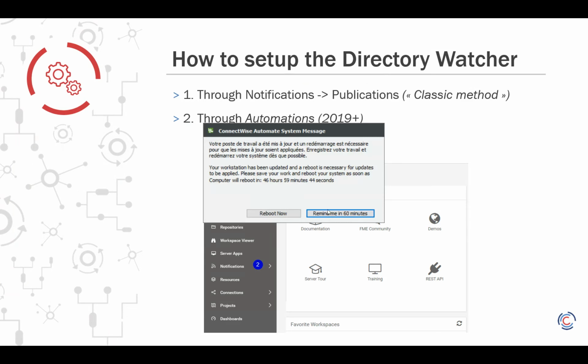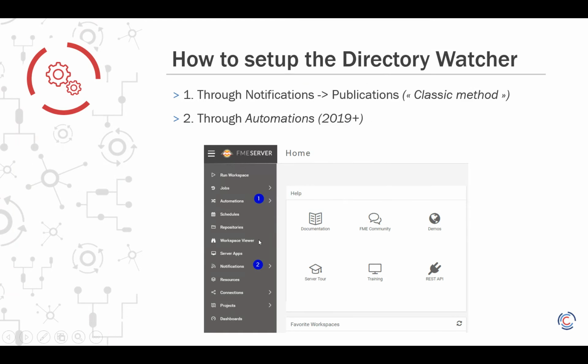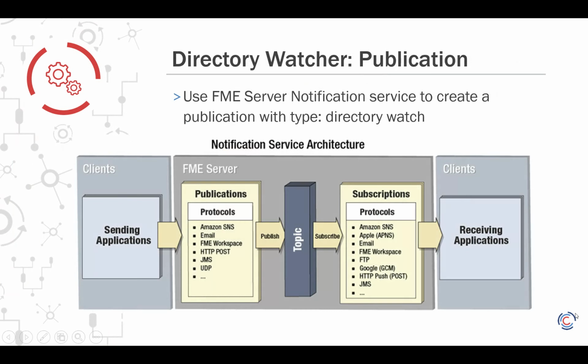You could see automations and notifications 1 and 2. So through the publication method, it's called the notification service architecture. There are 3 different components to it: the publication side, the topic, and the subscription, which all work together. The topic is kind of the central part of the notification service. It receives information from the publication,